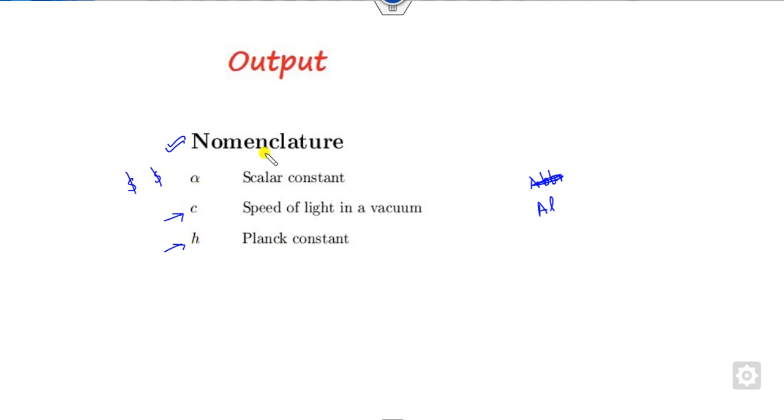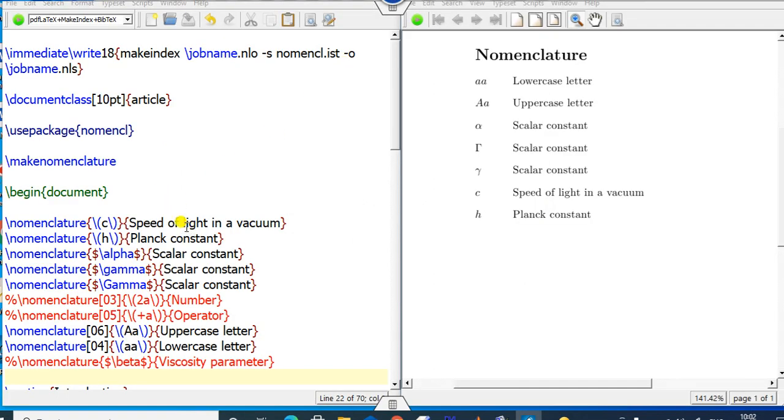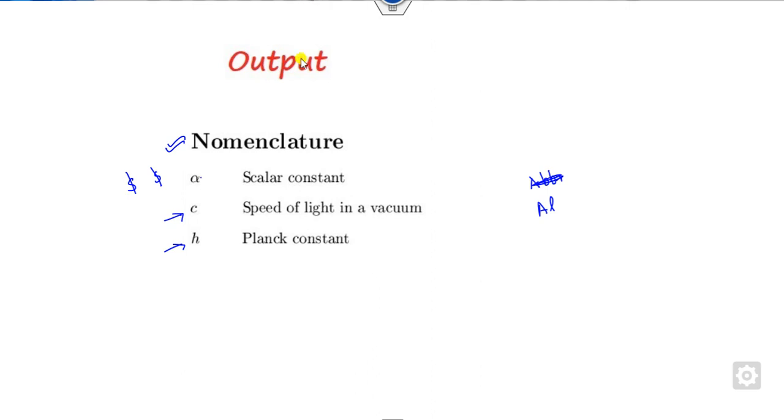So dollars will always be here. This is the mathematical symbol alpha. We will see more when we add some more examples. So look at that, when I write here C is the speed of light, L is there, I denote alpha, then gamma, and many more. So you can see the output like here. We will see more in here.